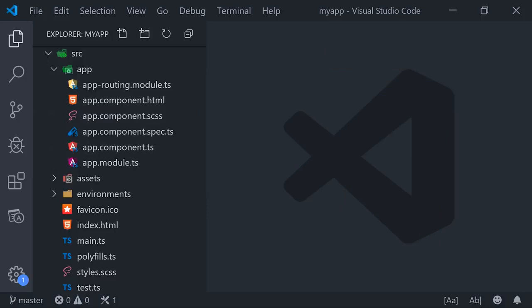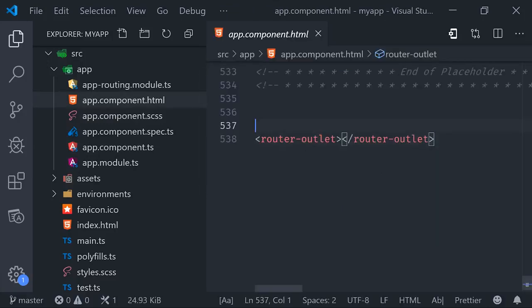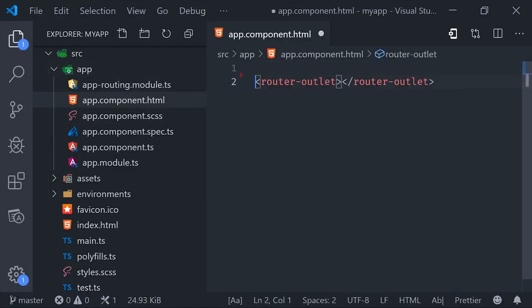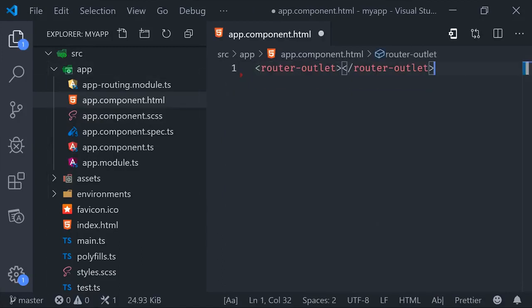Let's go into the app component HTML first and delete all of the boilerplate code in there, leaving only the router outlet. Angular provides a very powerful router out of the box, which allows you to map components to URLs in the browser. And the router can even help you do something called code splitting with Webpack to lazy load certain parts of your JavaScript bundle. We're not going to cover it in this video, but just know that it's a relatively complex thing that Angular